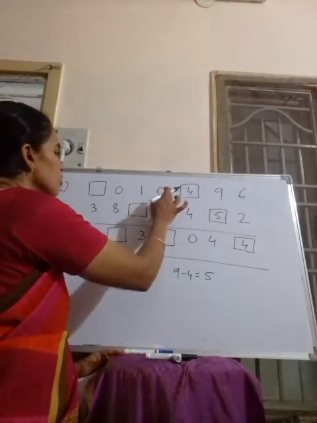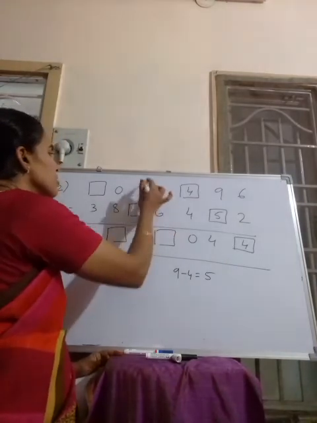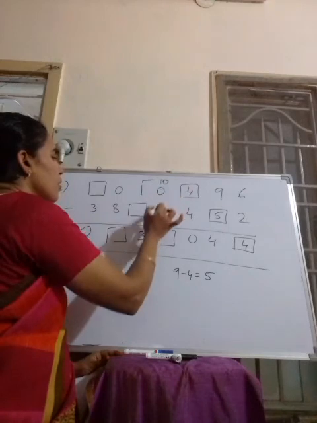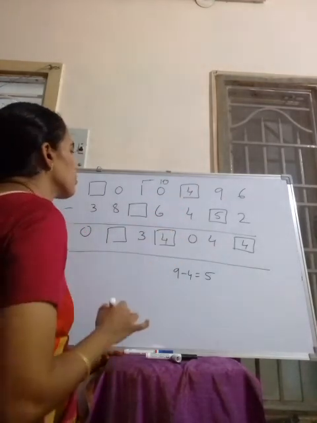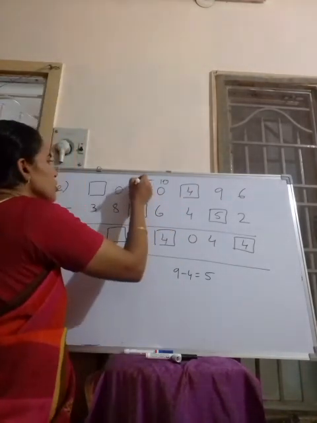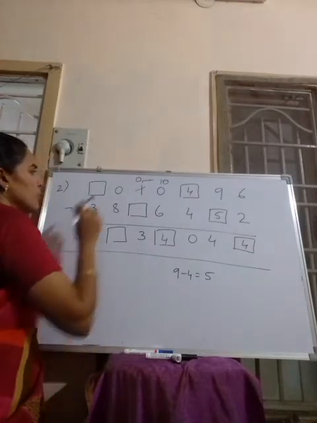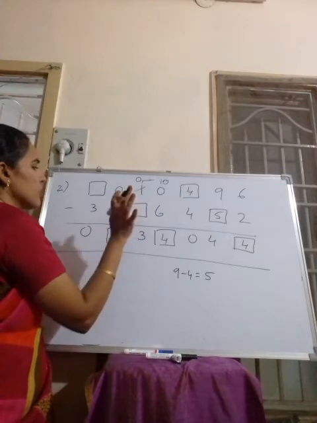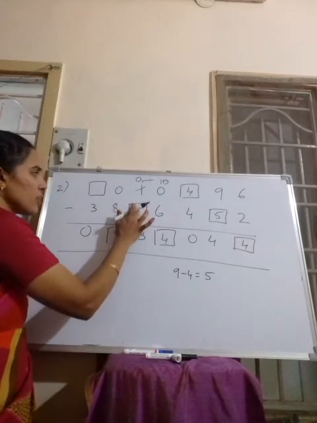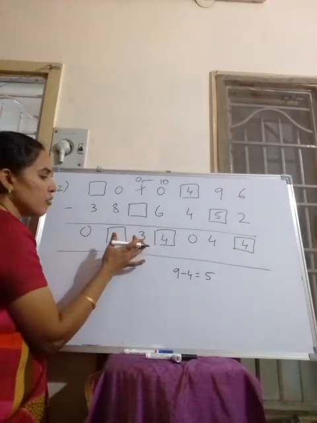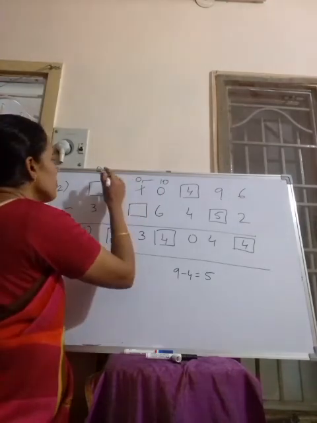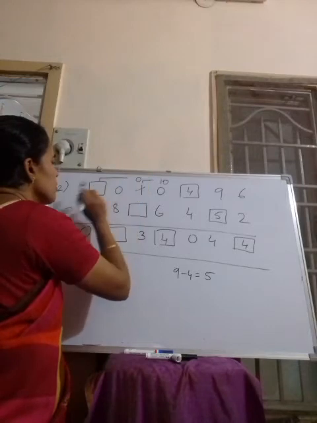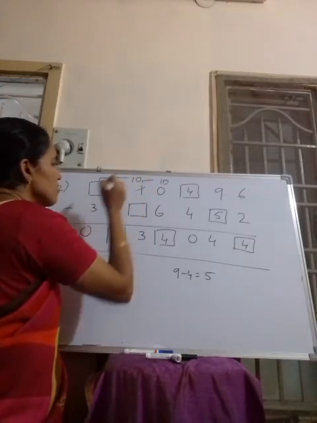Then again 0, from 0 we cannot subtract 6 here. We are borrowing, that is 10 now. 10 minus 6 is 4. Now here it is 0. From 0 we cannot subtract any digit, and if I subtract 0 again, I won't get 3 here. Therefore we have to borrow. This is 0, from here I am borrowing from this number, and now it is 10.